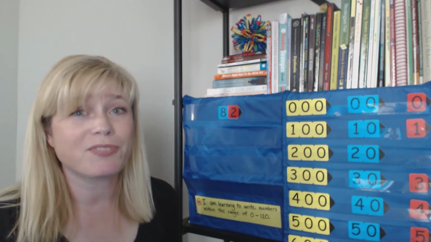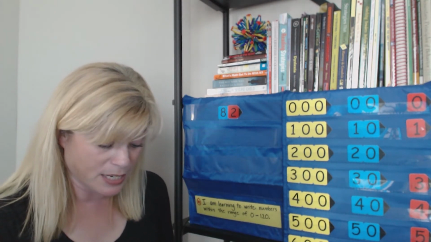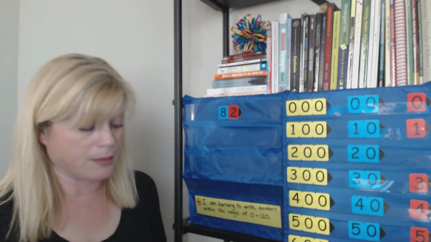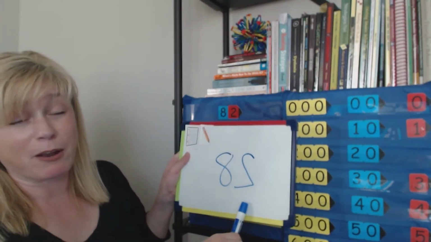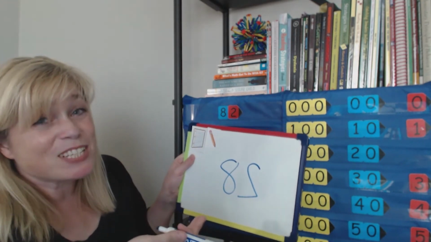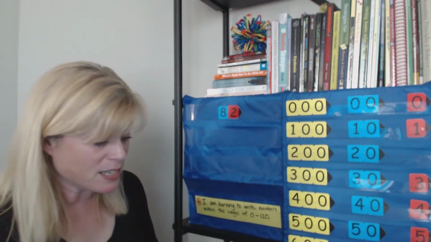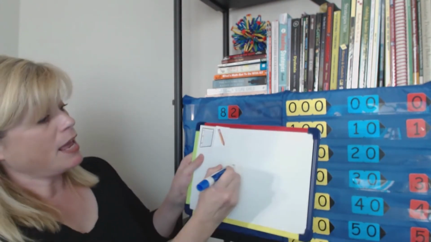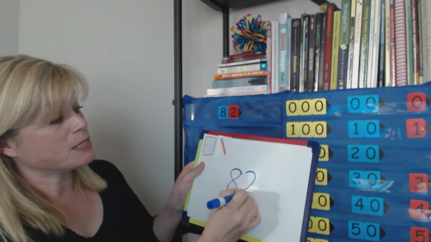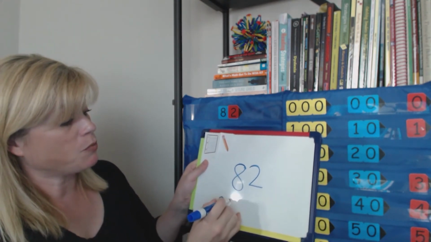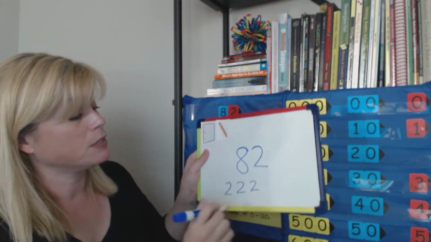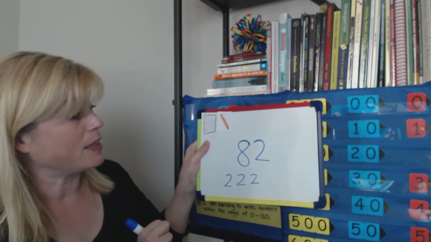Now, sometimes, and this is pretty normal, all it means is that we just have to do a little bit of practicing. Sometimes we make our numbers backwards. It's okay. All we have to do is erase it or cross it out and just try it again. Sometimes it's nice to write it a few times just to help build your muscle memory and help get in the habit of doing it the correct way. That's okay.